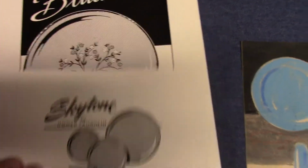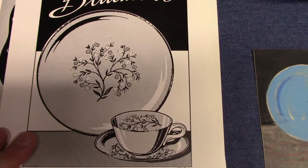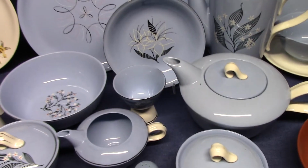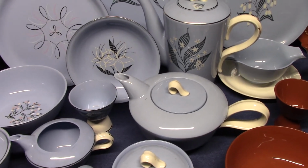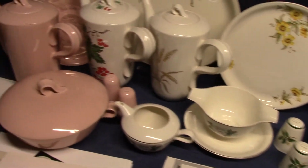Another Skytone slick, and then there's Bluemont, which we just looked at before with pattern HLS 205. And we have an insert promoting Skytone. So this was a very successful line, and it provides an interesting case study in that you have the shape, you have the color, you have the treatments, you have the price range. All of it comes together to create this very successful line, whereas the decaled version or the pasteled version did